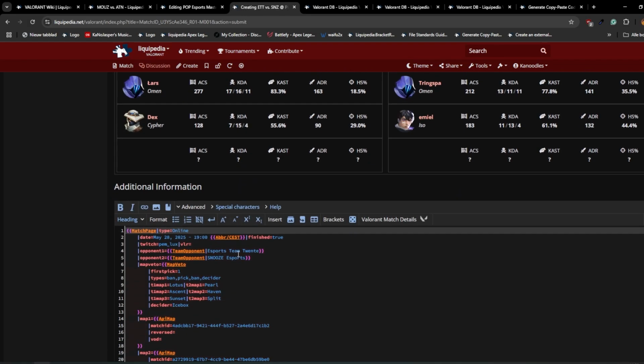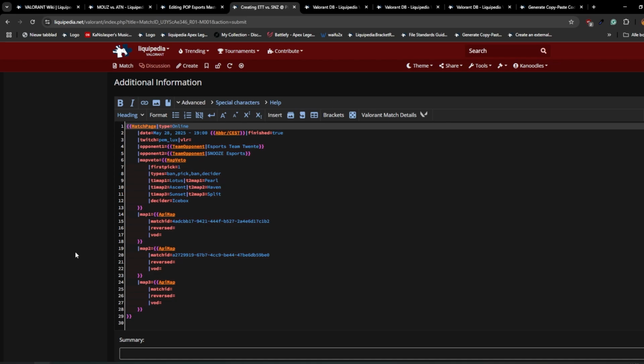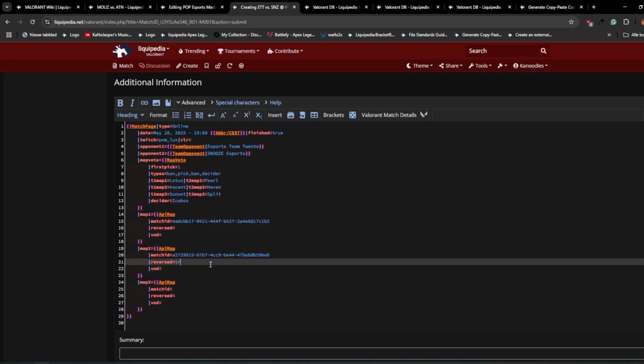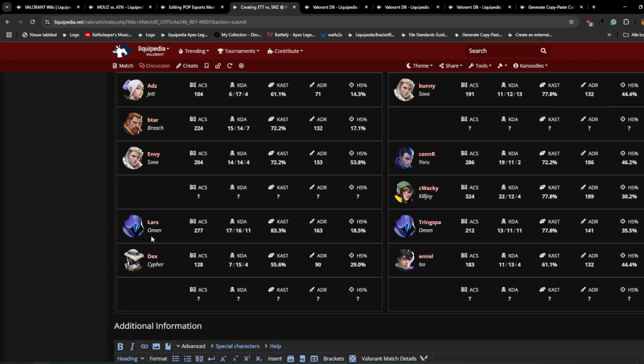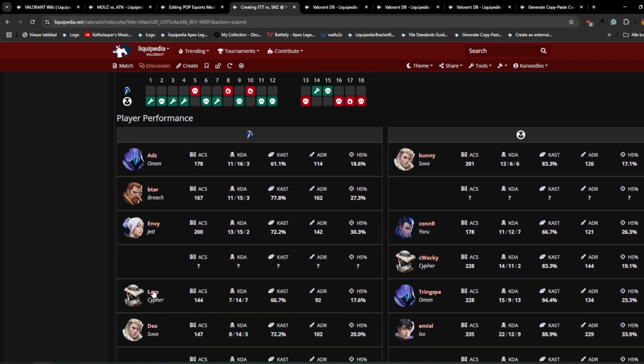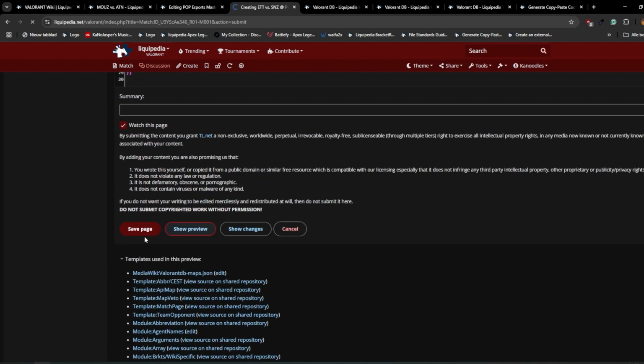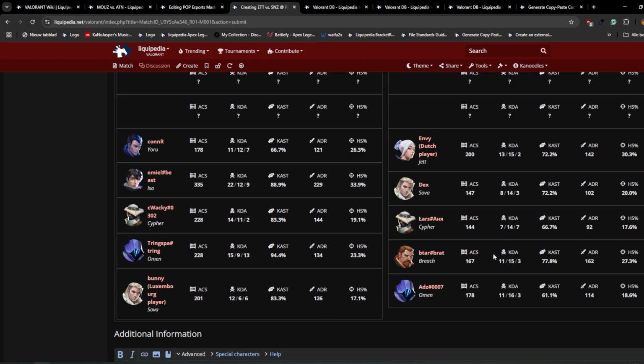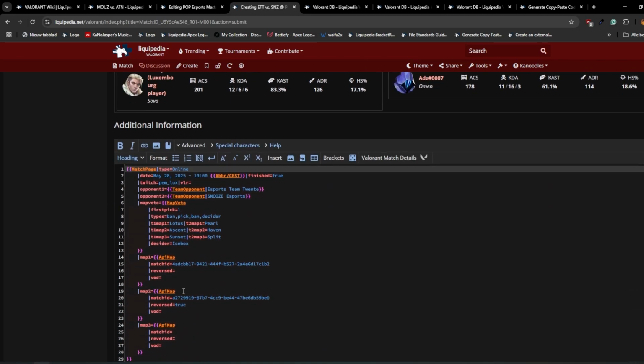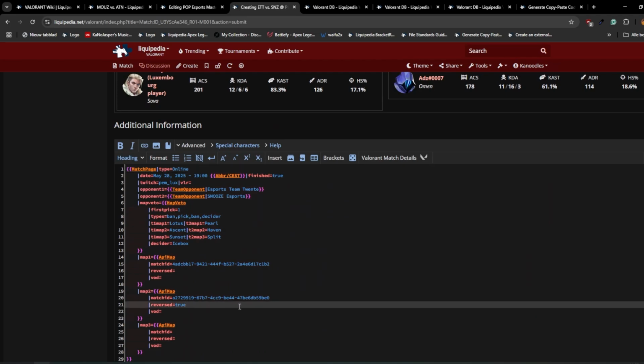So in the case that the match information is swapped around, because for example Snooze Esports would have played on the other side of the lobby, what you can do, if I hit reverse this true on this, you can test this out. So currently on game 2, player Lars is on the left. I hit reverse this true, show preview, we go back to game 2, Lars is now on the right side. So that's something to keep in mind. You will need to flip to the correct team, essentially. So in this case, my matches were already correct, but sometimes you will need to flip them back to the